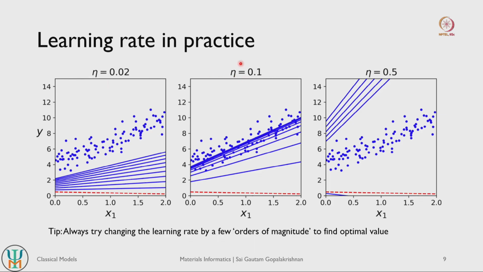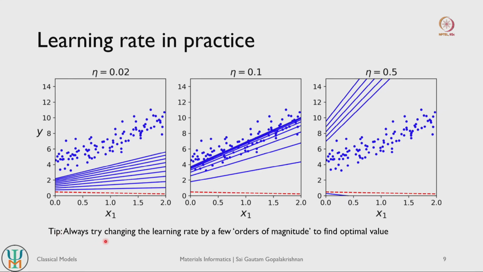But if you use an optimal learning rate, let's say 0.1, you see that in about 10 iterations or 10 steps, you reach close to the optimal fit, which is the dark blue line here that is roughly cutting through the middle of the data points. So it is very important in any machine learning model to always use the optimal learning rate. Learning rate is almost always one of the first hyperparameters that we will tune in a machine learning model.